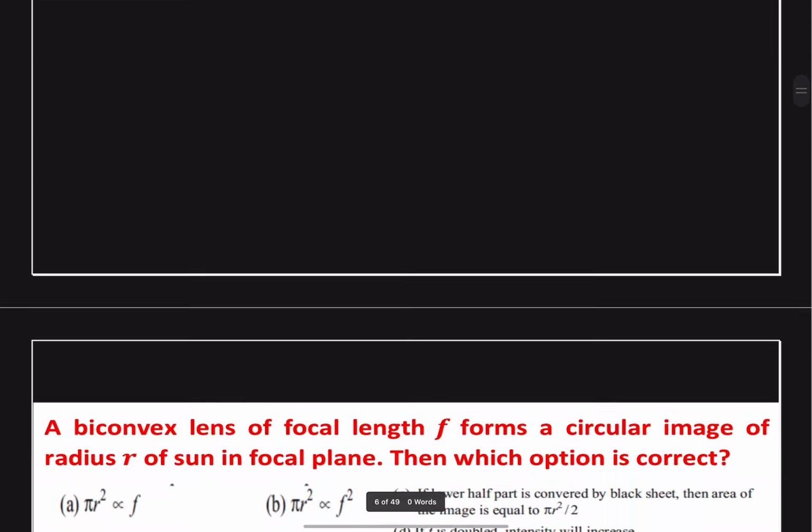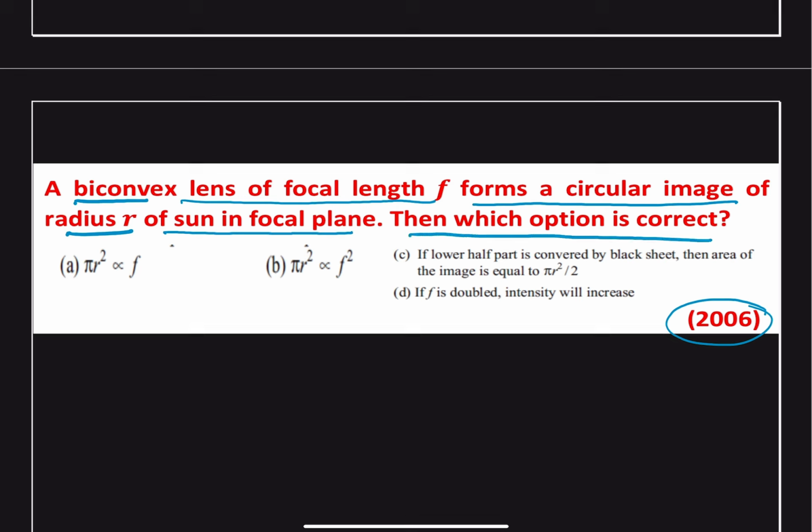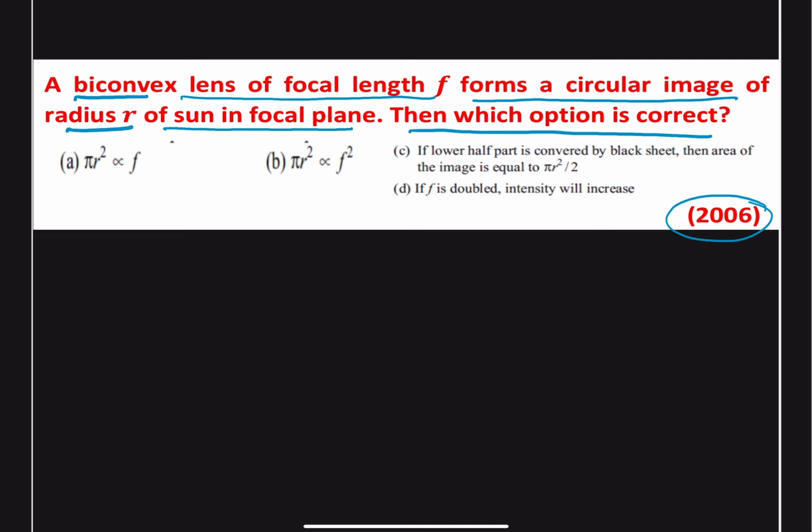Next question. It was asked in the year 2006, and it states that a biconvex lens of focal length f forms a circular image of radius r of the sun in focal plane. Then which of the options is correct? So we have a biconvex lens, and it is forming the image of the sun. It means the rays will be coming almost parallel to this equiconvex lens, because the sun is very far. So for that we can just draw an approximate figure,